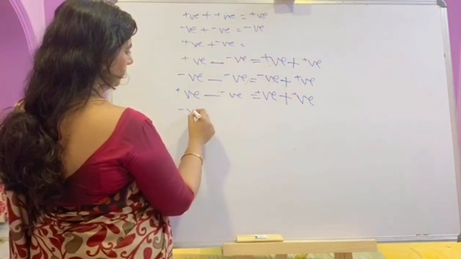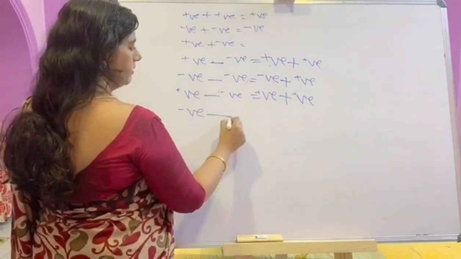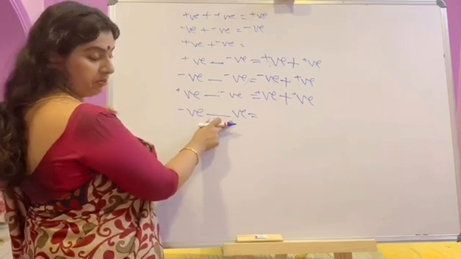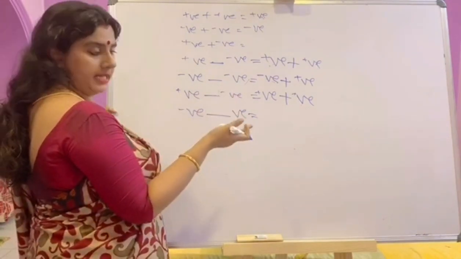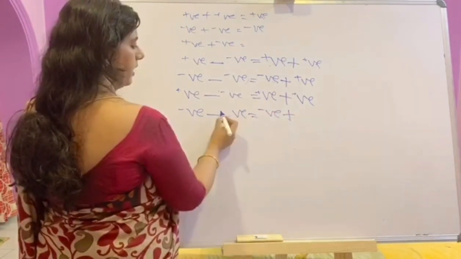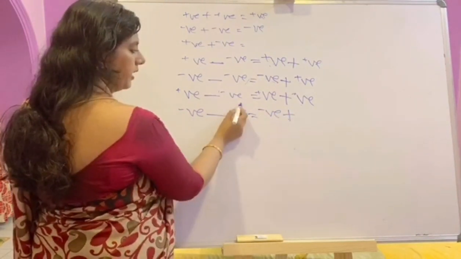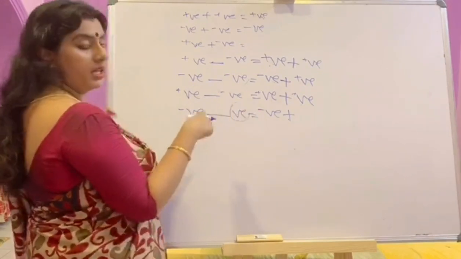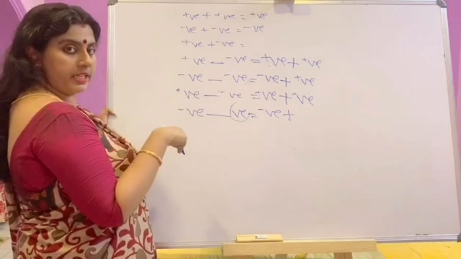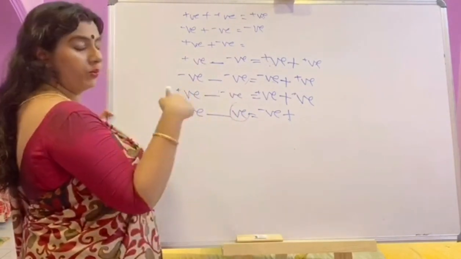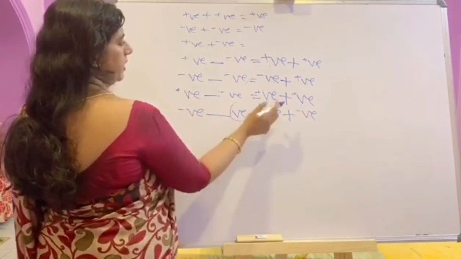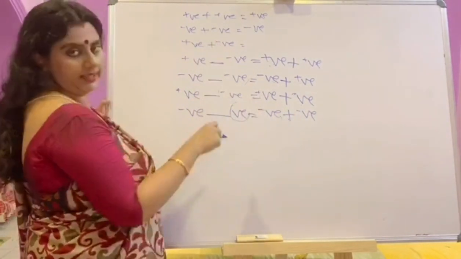Now negative number minus a positive number, again whenever you find the subtraction you must change it into addition. So negative, this becomes addition. If it becomes addition, here the sign must be the additive inverse, that is if it is positive it becomes negative, if it is negative then it will change to positive. Here it is positive, so it becomes negative here. Here this is the law, like that.